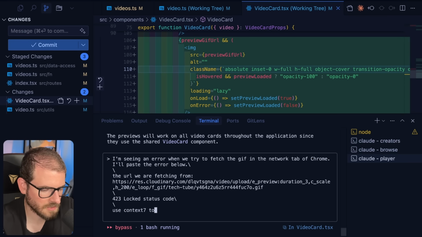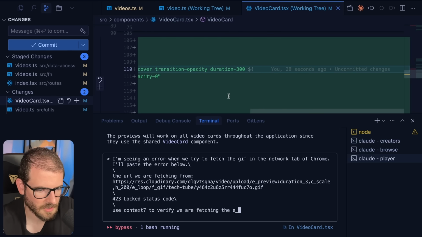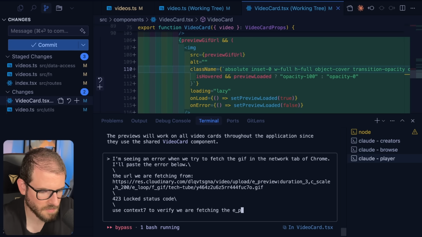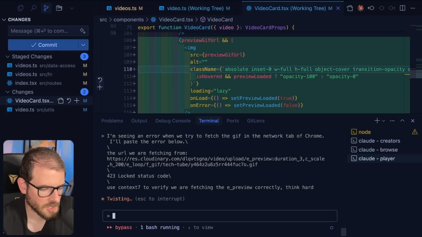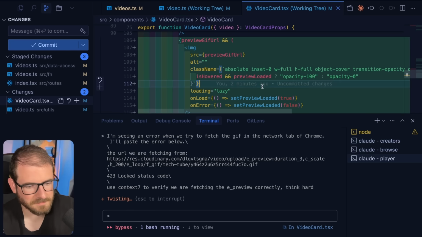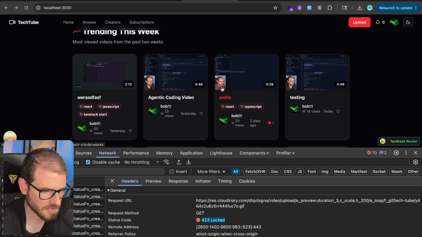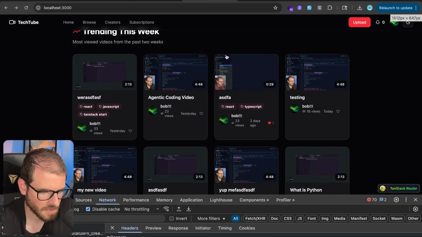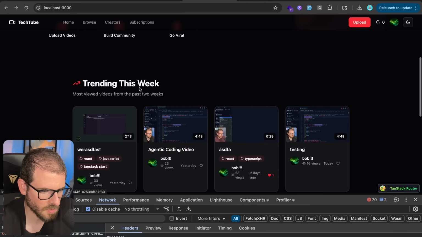Use Context7 to verify we are fetching the, what's it called, e-preview? E-preview correctly. Think hard, okay? Let's go ahead and see if it can fix this issue for us. All right, check this out. When I hover over, he starts talking. So it actually is playing out the preview here. Now these are so small, I might actually,